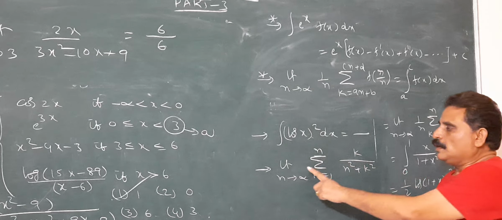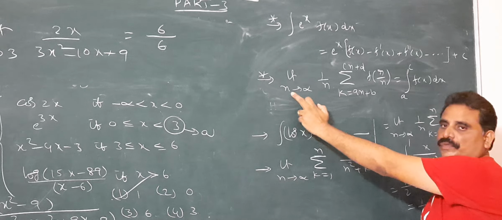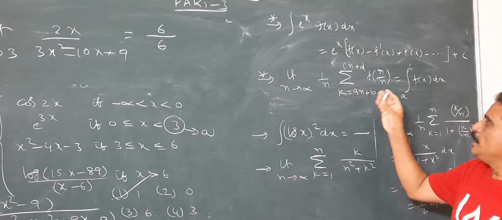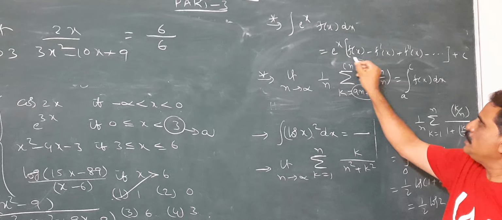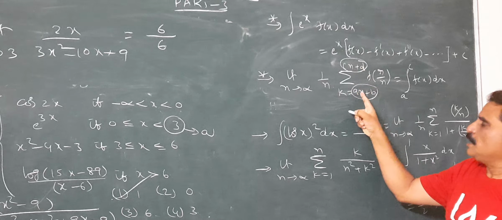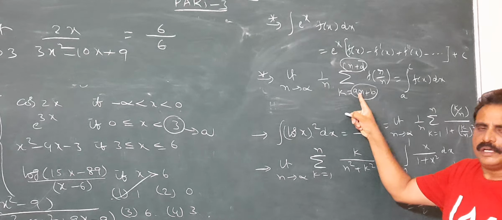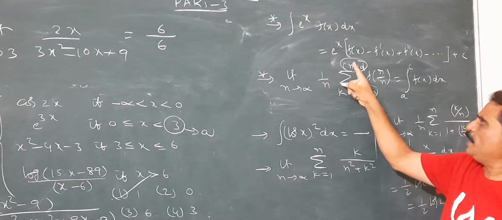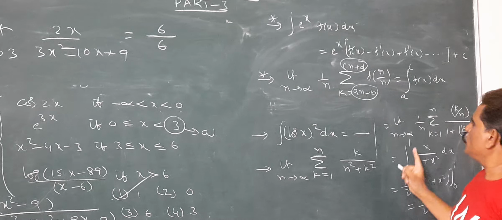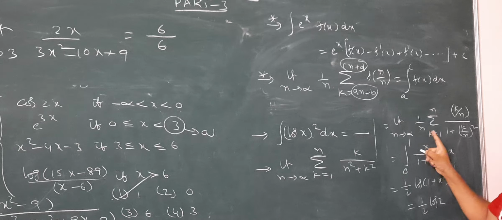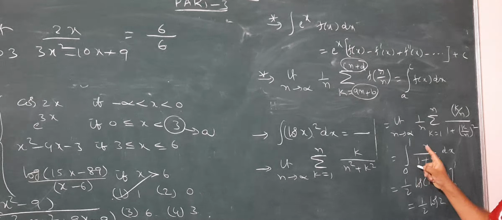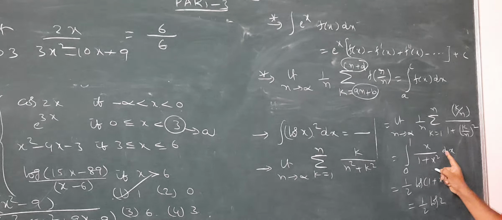In the problem, limit n tends to infinity 1 by n sigma k equal to an plus b to cn plus d, the lower limit is an plus b. Sometimes there is no n, that means a is 0. The upper limit's n coefficient is c. So in this problem, 0 to 1. Lower limit here has no n, so 0. The integral from 0 to 1 of x by (1 plus x square) dx.